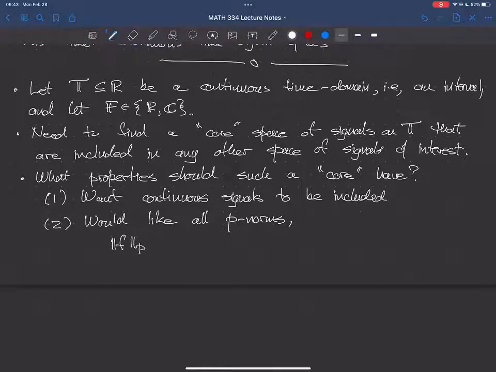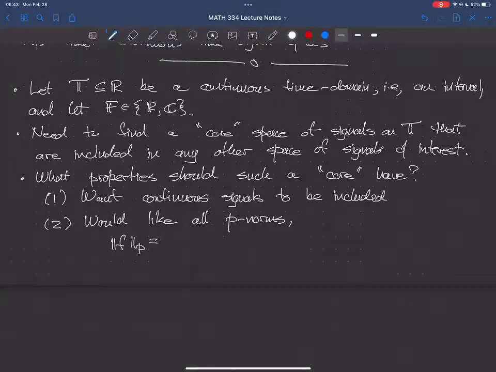We talked about these when we talked about norms. We had norms on the space of continuous functions on the interval 0, 1, and we saw there were three norms there: the 1, the 2, and the infinity norm. The 1 and the 2 norm were special cases of a more general class of norms, which we called the P norms, where P is from 1 to infinity. But that was on the interval 0, 1.